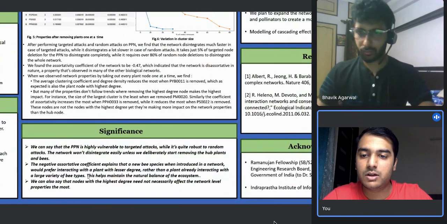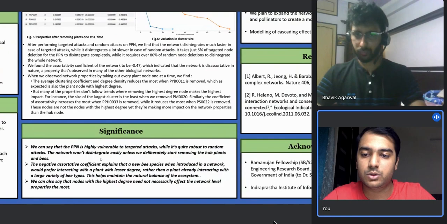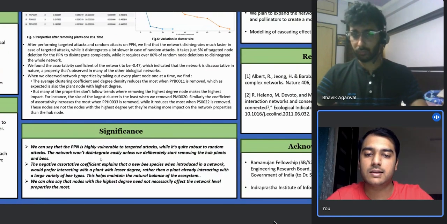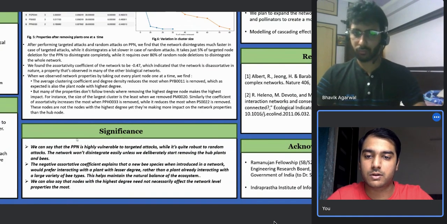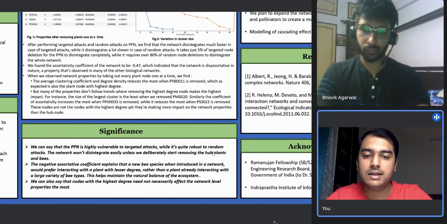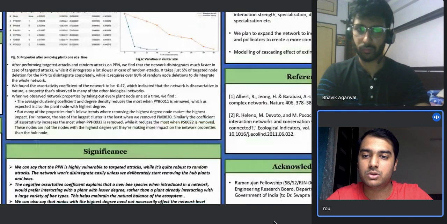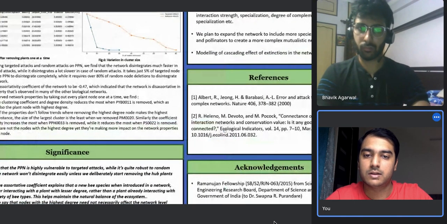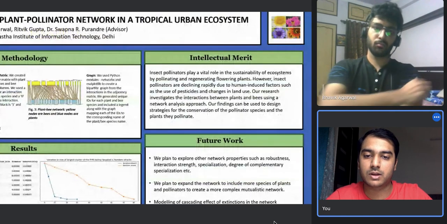Then the negative assortative coefficient explains that when a new bee species is introduced to a network, it would prefer interacting with a plant with lesser degree rather than a plant already having a higher degree, or which is a hub in the network. Then we can also say that the highest degree plant need not necessarily affect the network level properties the most, and that was also observed in our third result, in the properties of assortativity and size of